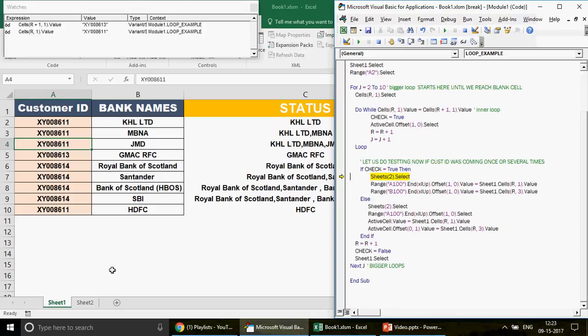You can write Sheet1 dot. Sheet1 refers to this Sheet 1, and then Cells R, 1 value, and then in the B column we are going to pick up the R, 3 value. That means what is your row number, guys? The row number is 4. So on row number 4 and column number 1, which is this customer ID XY008668611,